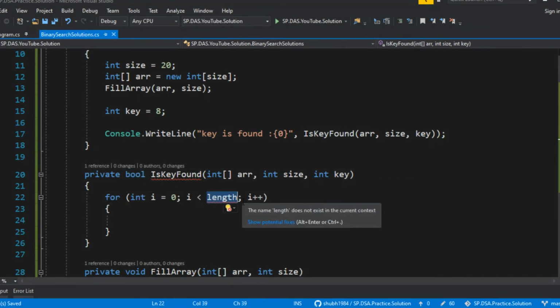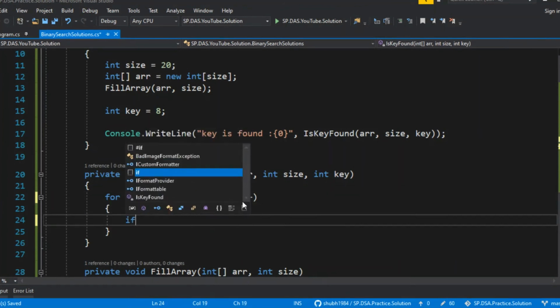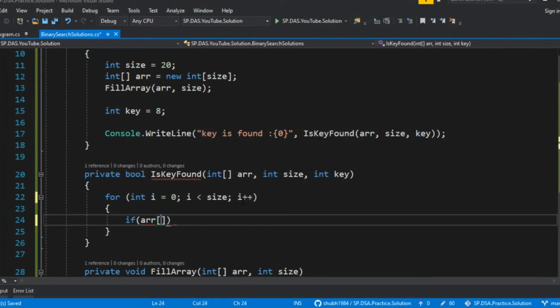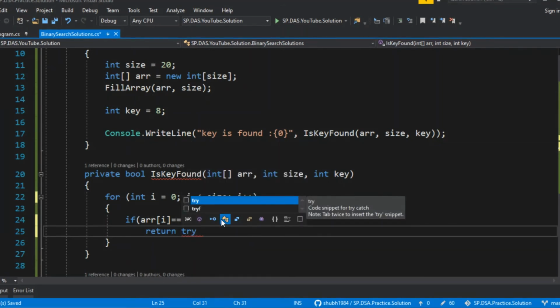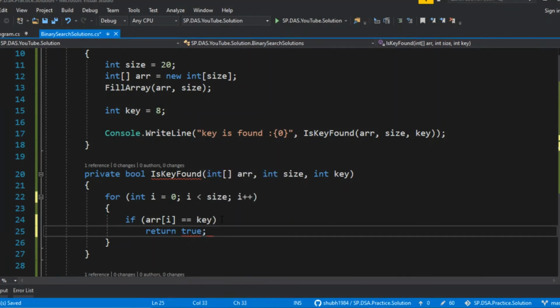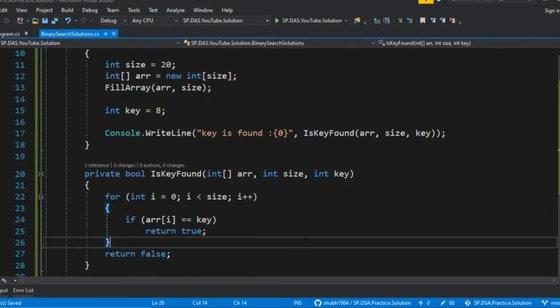Here I am returning a boolean. So if array of i is equal to key, I'm going to return true, else I'm going to return false.